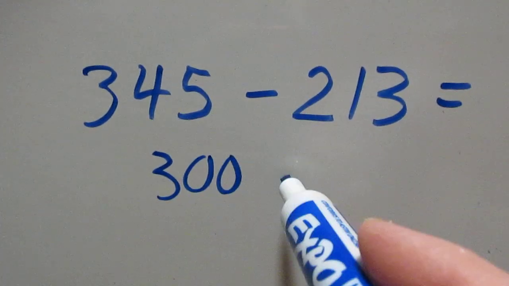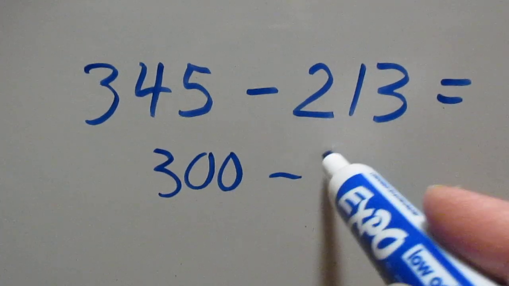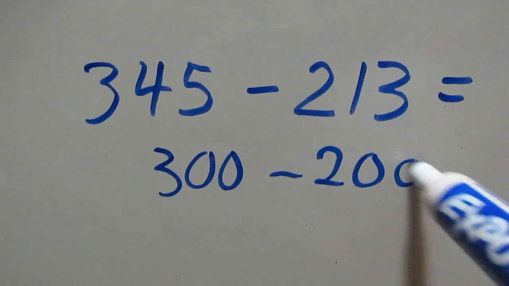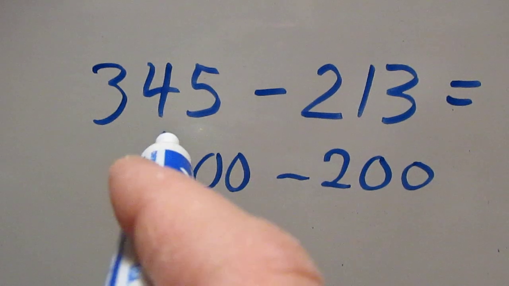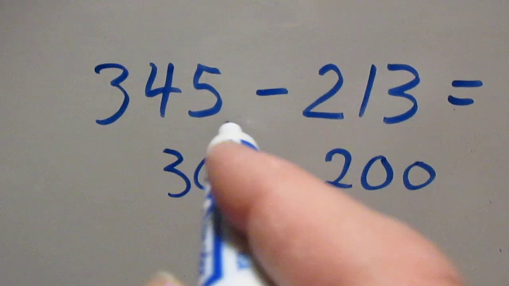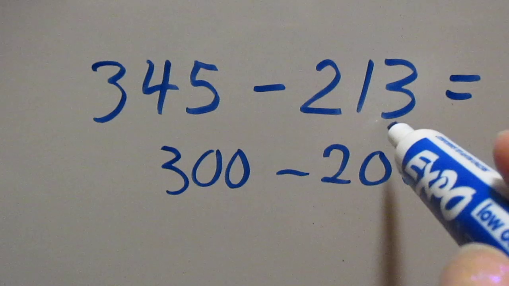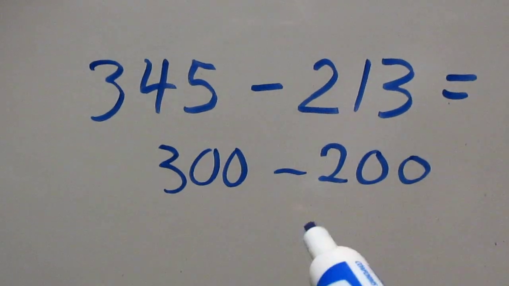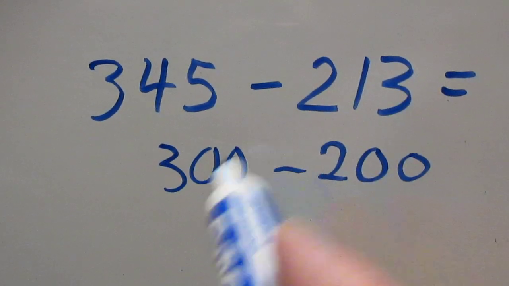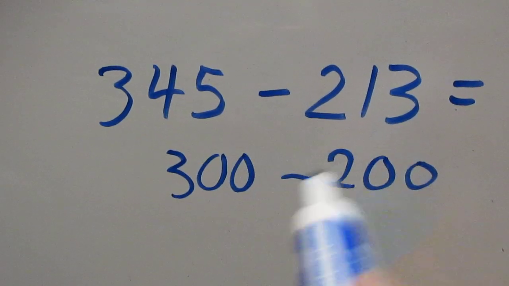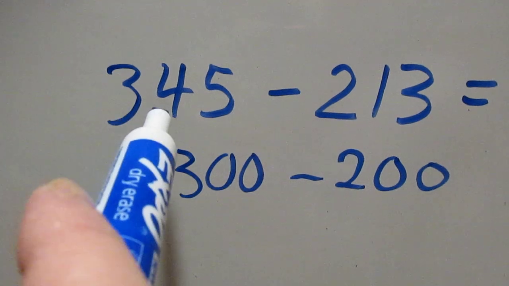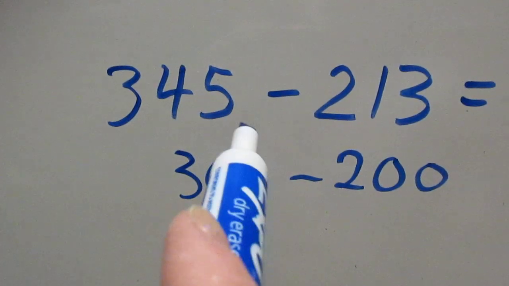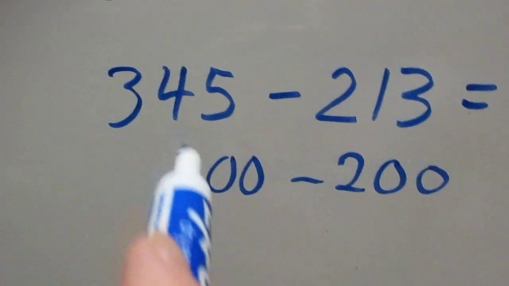300 take away 200. If your child has difficulty, you may wish to write out 345 in the long expanded form, and 213, just so they can see that even before this step. If they're having any difficulty with place value and with understanding that this isn't 3, 4, and 5, even if they know it a lot of the time but forget it some of the time,